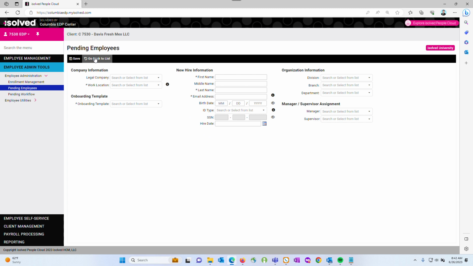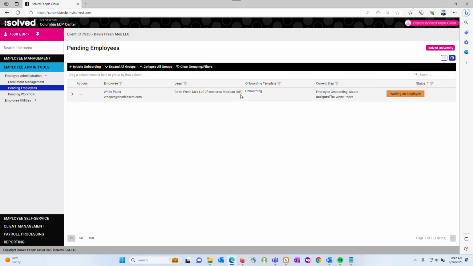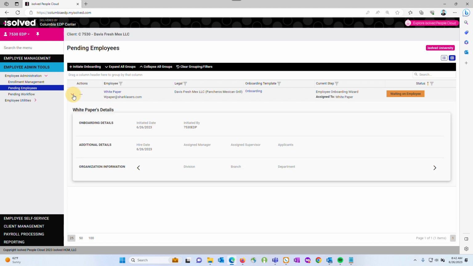If you need to see the list of employees that you have already started the onboarding for, that email has been sent, and what their status is, you want to click on this go back to list link right here. When you do that, that will show you the employees that you have onboarded or you've at least sent the email to and what their status is here. And so this is waiting on the employee, which basically means they have not logged in and done anything yet to complete the process. Over here, if you click on this little arrow right here, that will give you some of the base information that we've already put in there, which is really just the date we're initiating it, who the user was that initiated, that'll be your login ID, and